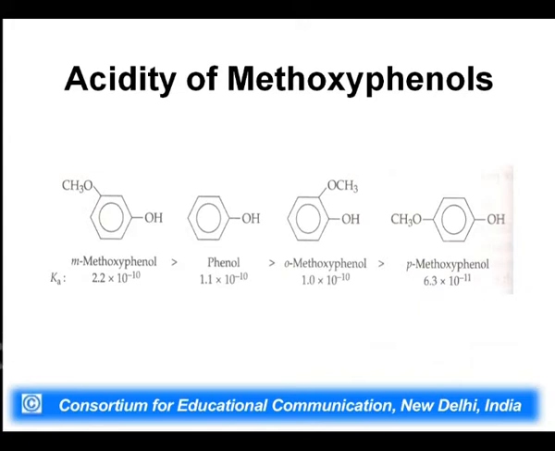Metamethoxyphenol is more acidic because it is stabilizing the conjugate anion by the -I effect, which is followed by ortho. In case of ortho, since it is closer to the OH, the -I effect will be stronger, as well as, because of the ortho effect, it is almost as acidic as phenol, then followed by paramethoxyphenol. Now, if we look into cresols, then cresols are less acidic than phenol, whether it is ortho, para or meta,